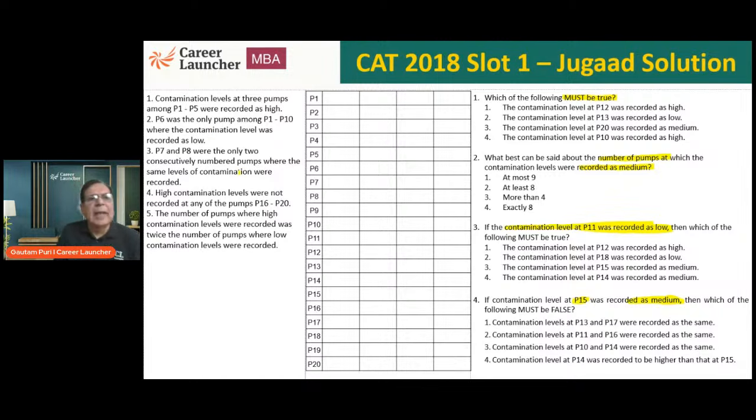Statement 1. Contamination level at 3 pumps among P1 to P5, sorry, not P1 to P15, was recorded as high. So P1 to 5, it is 3 high. For your reference, obviously in the exam I can't do it, just highlighting it so that the demarcation is clear to you. Statement 2, P6 is the only pump among P1 and P10 where contamination level is low. So P6 is the only pump where contamination level is low from P1 to P10. That means